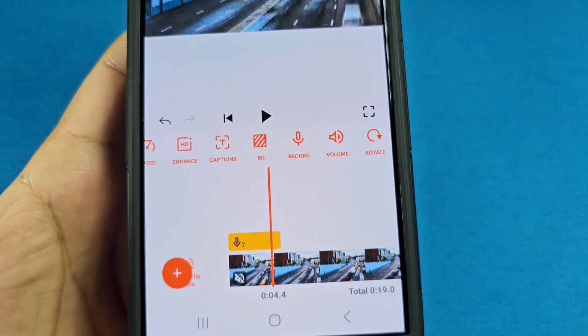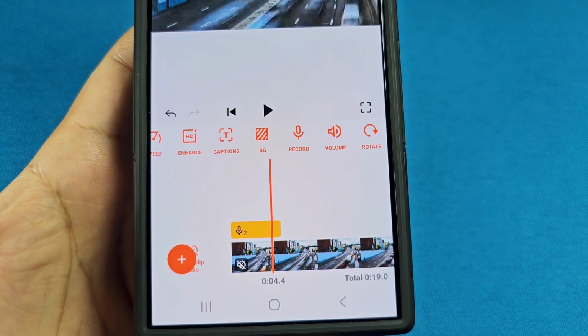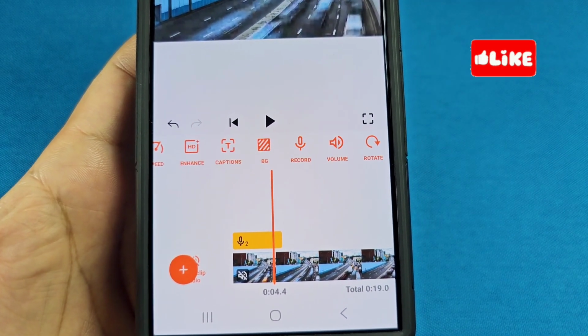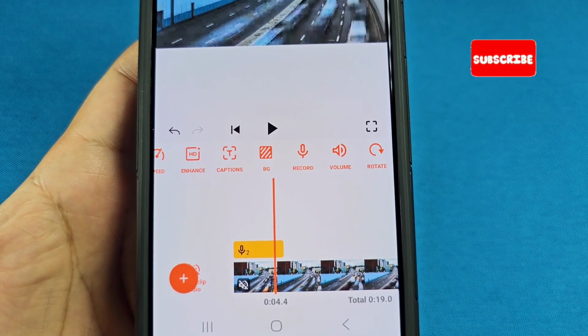And then you can do this for every other recorded audio piece that you did using the YouCut video editor app. And of course, as always, make sure you have the latest update to get the best features available possible,